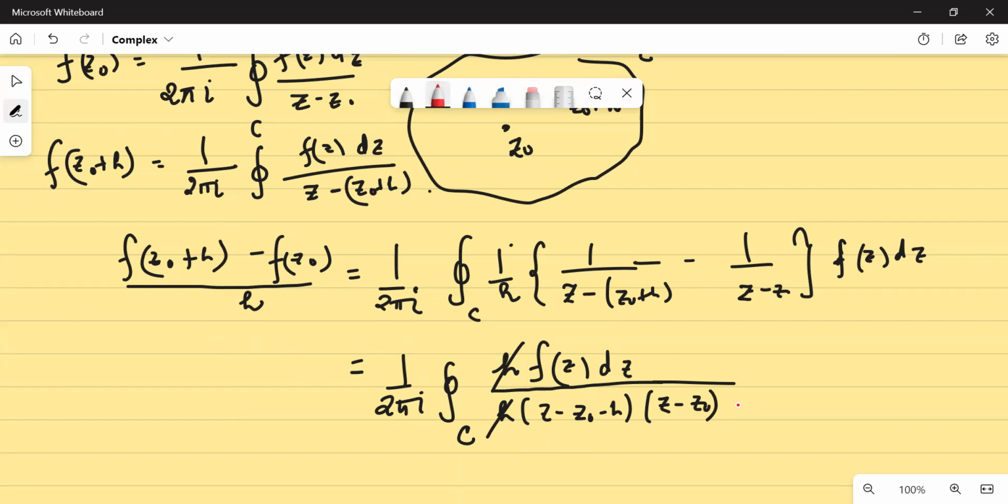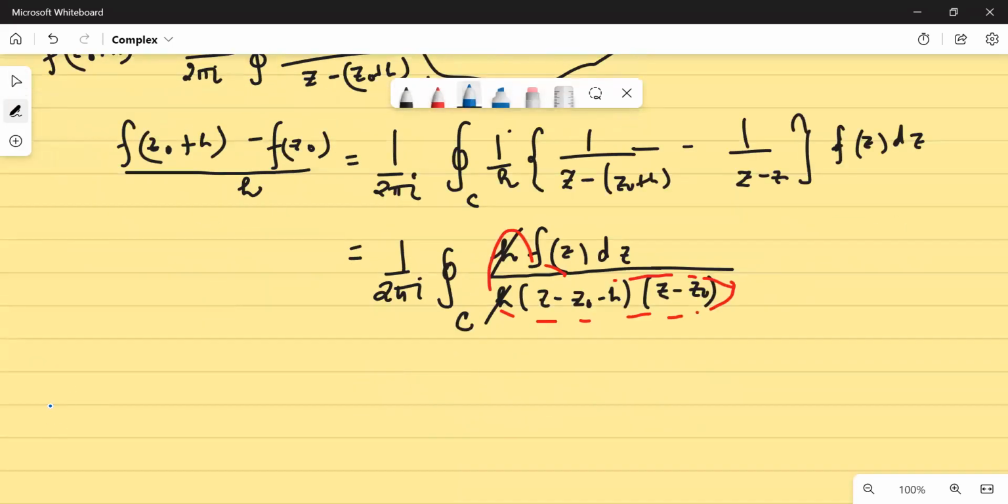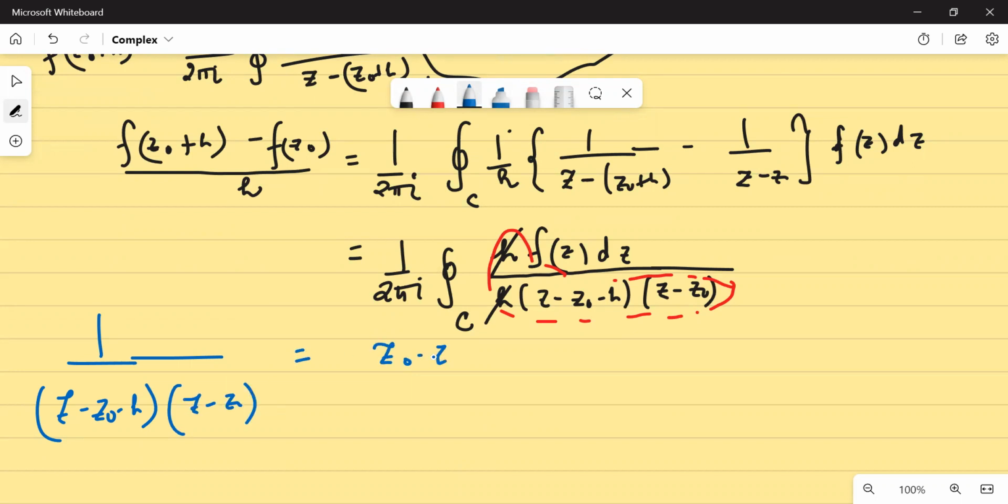So I will take this term. Let us take out this term. Let us write it as 1 divided by, in one place, so that things will become easy for you. Let us write this particular term. So this is 1 upon z minus z naught minus h into... I should write z minus z naught. Let us just make it a partial fraction type: z minus z naught, minus h and plus h, divided by